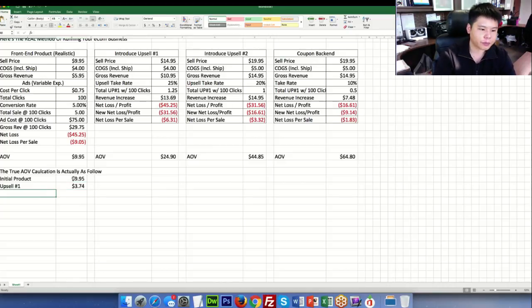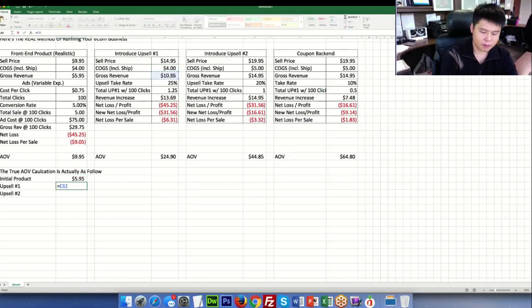So on top of that, you have upsell number two. You know what? I'm going to use the gross number, so it's actually easier to understand. $5.95 equals this, multiplied, because we have to factor out cost of goods, and there's no point in doing cost of goods. AOV for this is going to be this multiplied by 20%. Oh shoot, my bad, I calculated wrong. Scratch that. It's supposed to be as follows. It's supposed to be here where your actual gross is $29.95.